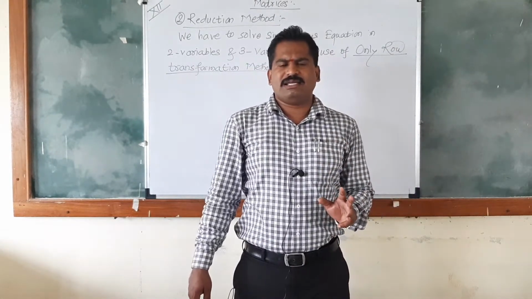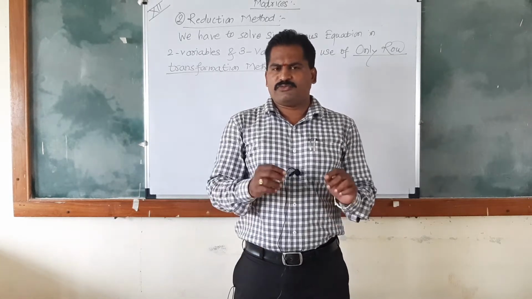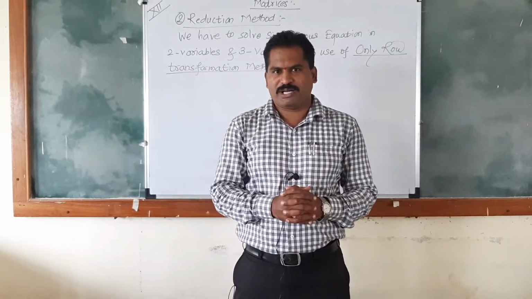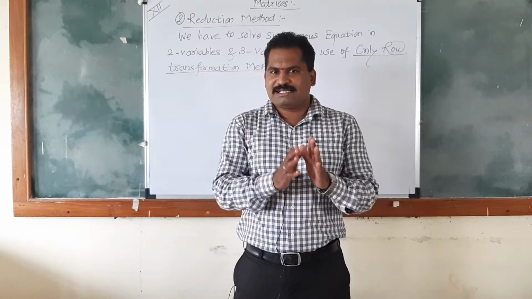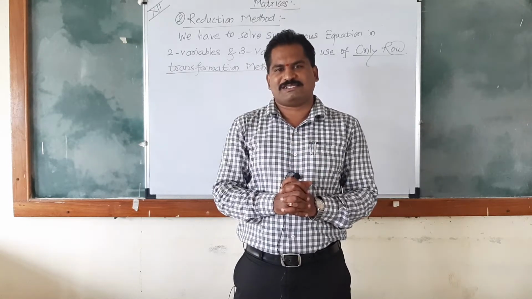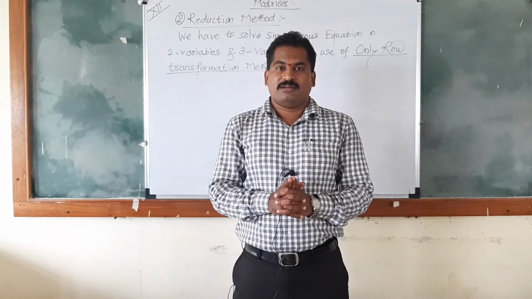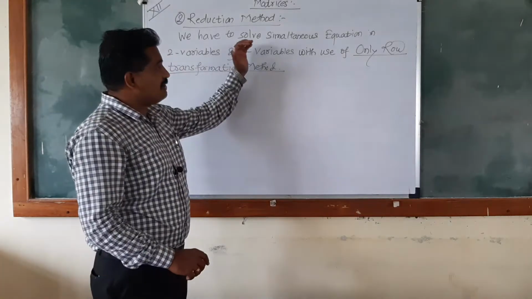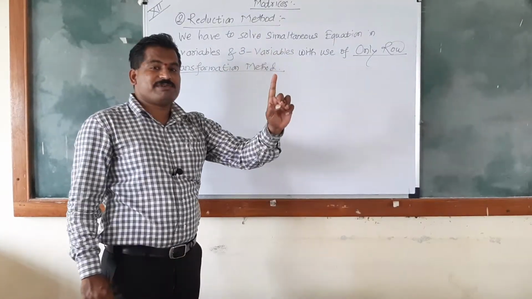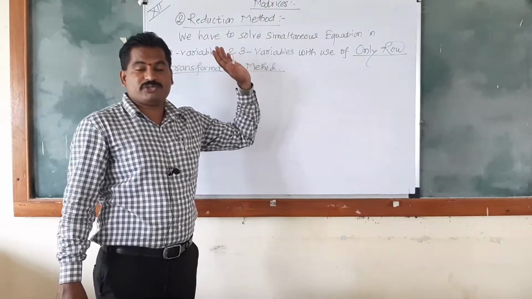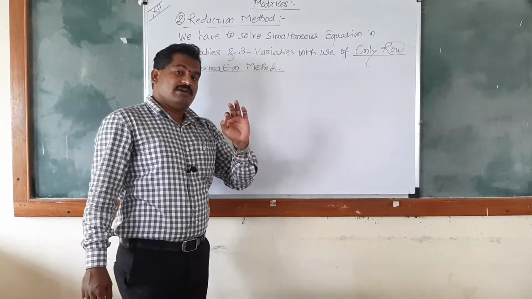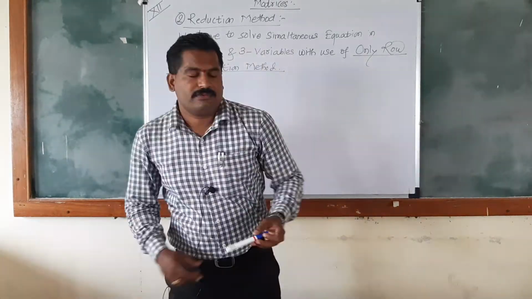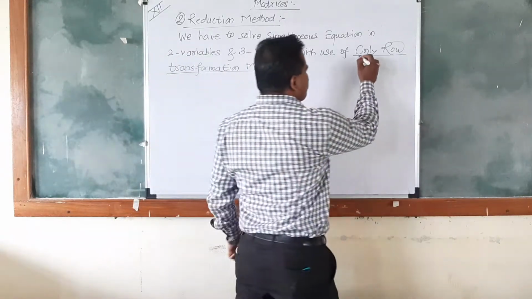Students think that to find the inverse, both row and column transformation are used, and select the third option, both transformation. But we should realize that this reduction method depends upon only one transformation, that is row transformation. There is no use of column transformation. Hence, the answer is the first option, row transformation. And why only row transformation?